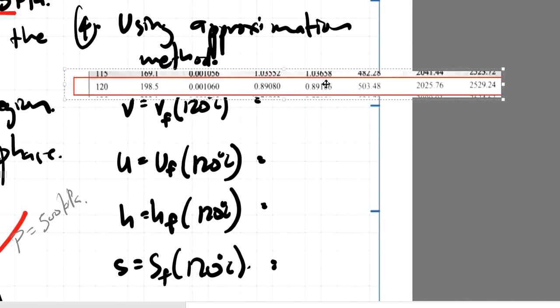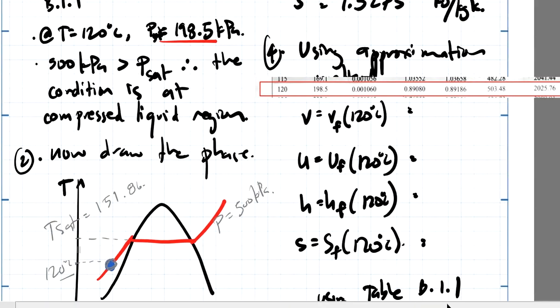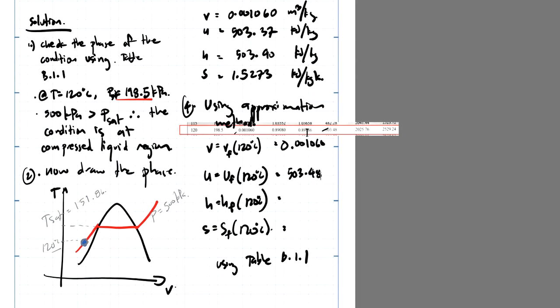VF is 0.001060. So VF, VFG, VG, so this will be U, 503.48. And then in the next page,